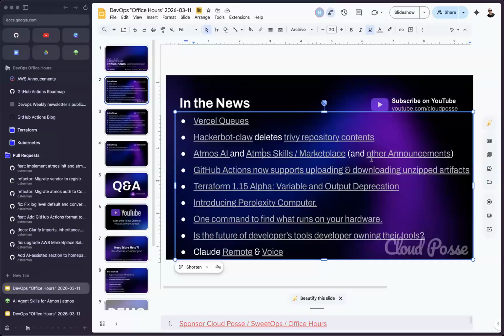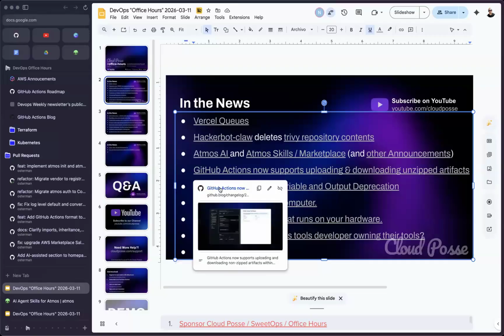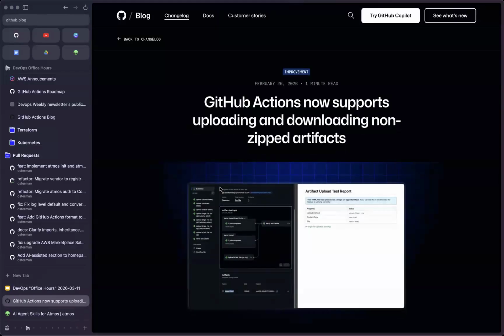All right. Then we got some GitHub announcements. So GitHub Actions has supported artifacts for a very long time. They have some GitHub Actions that make it easy to push and pull artifacts. Artifacts are, of course, a very convenient thing in your CI workflows where you have a build step that produces the binary and a test step that downloads the binary and executes it for your tests, maybe in parallel, like in a matrix.